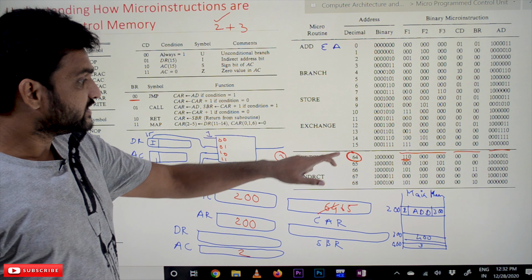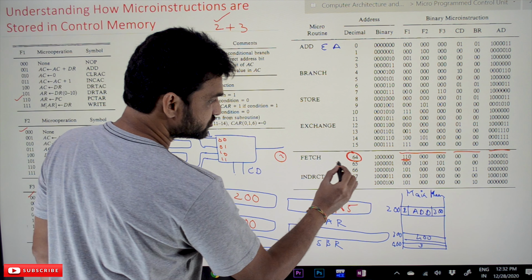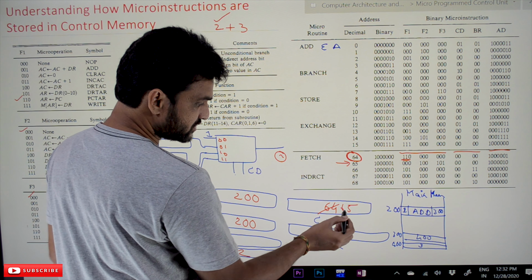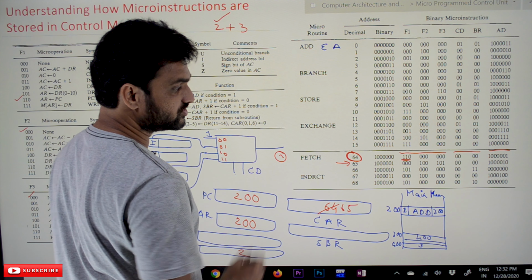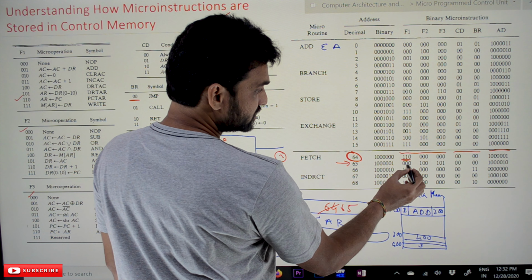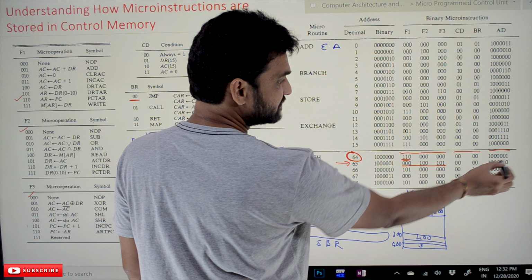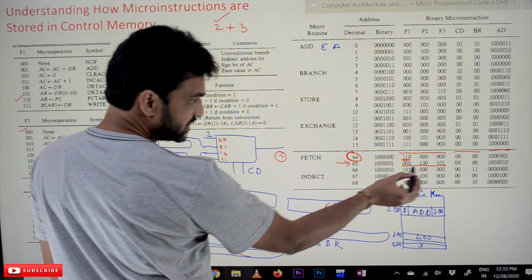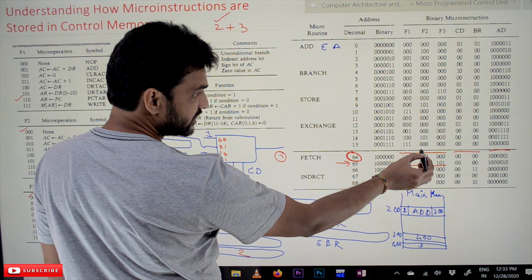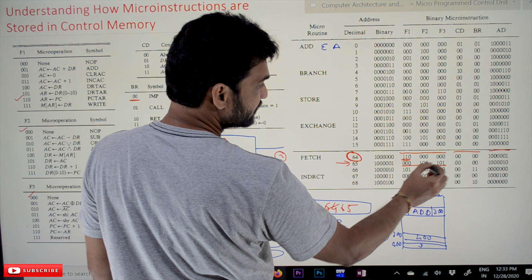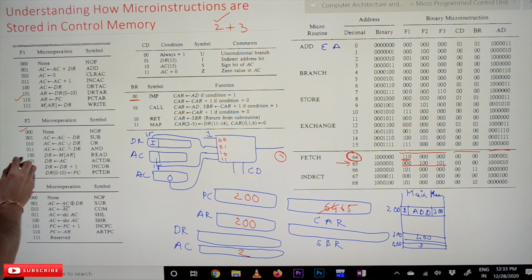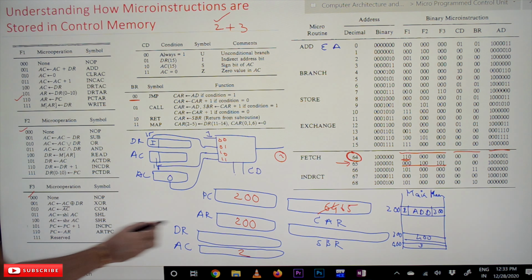Now the next micro instruction to be executed is this one, because 65 is there in the control address register. Again, these are the control words, this is the status part, and this is the address part. The control words are F2 is 100. 100 means the address register value.